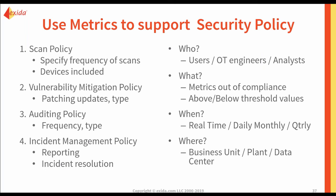And frequency and where these things are going and where they're collected from. These days, it's great to have the sensors and the instrumentation to get data from all remote plants, maybe aggregated together, so headquarters can take a look and see firewall rules, get some insights on IP address denials and different things. Over time, the organization here, what we've seen is can get more mature based on what information it's got,